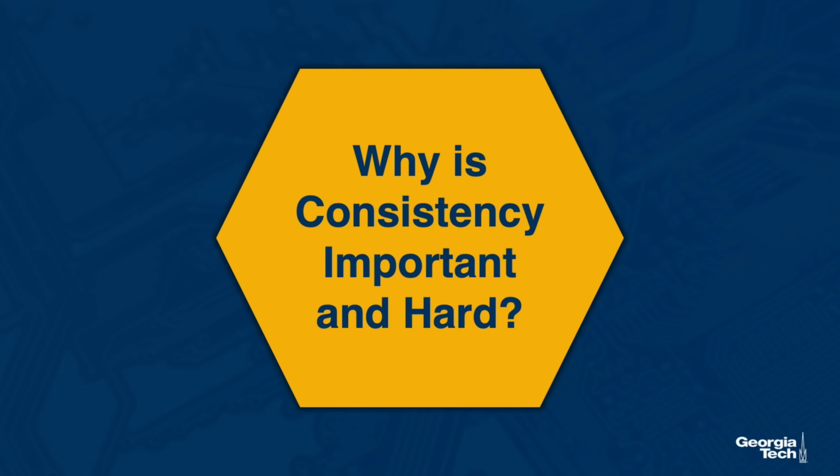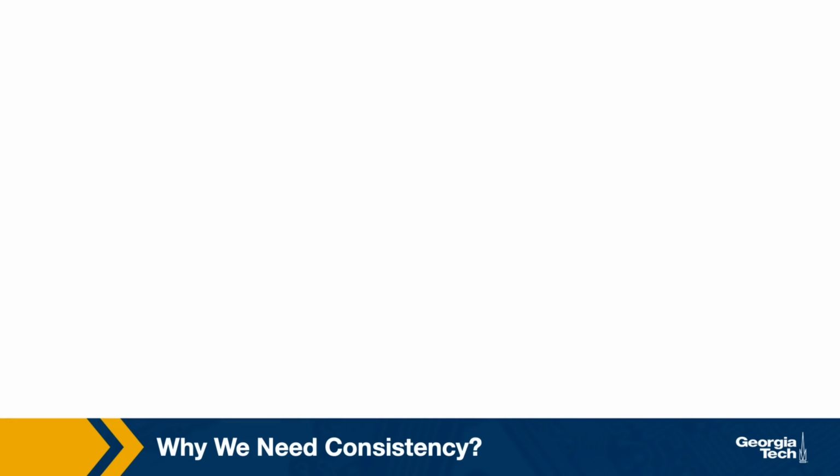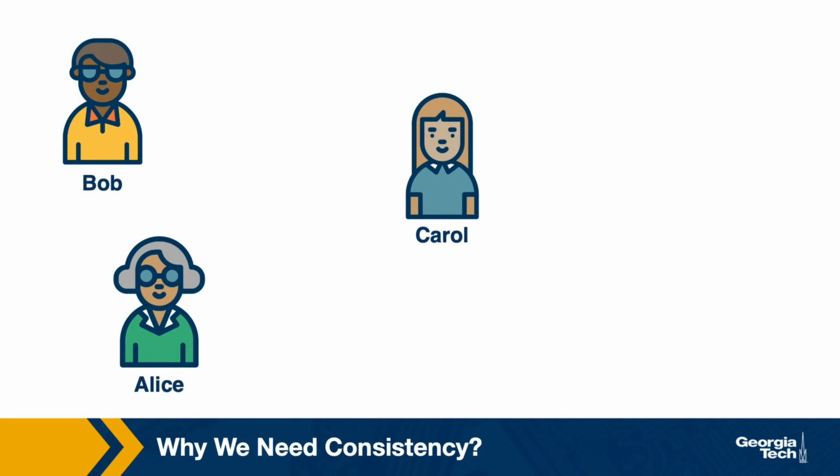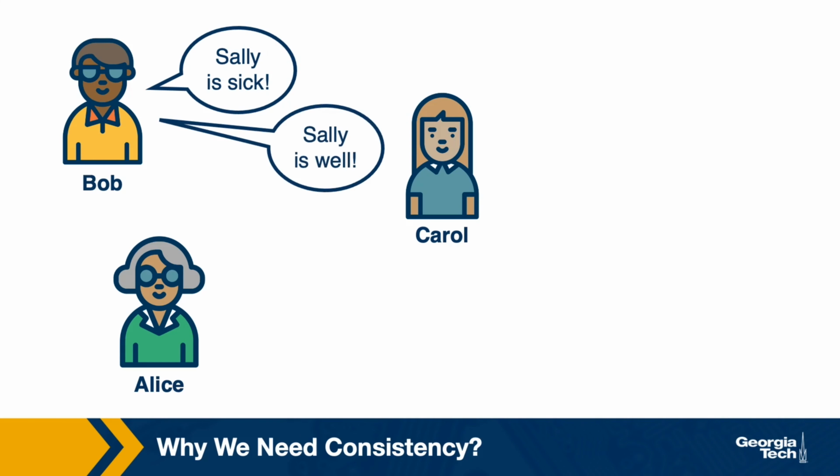We gave already an example of what can go wrong in scenarios where we don't have consistency guarantees in some of the previous lectures. Here is another illustrative example from a paper called "Potential Dangers of Causal Consistency" by Peter Bailis and others. So we have three distributed participants, Bob, Alice, and Carol, and they share some message board. Let's say Bob first announces Sally's sick, and then immediately afterwards he says Sally's well.